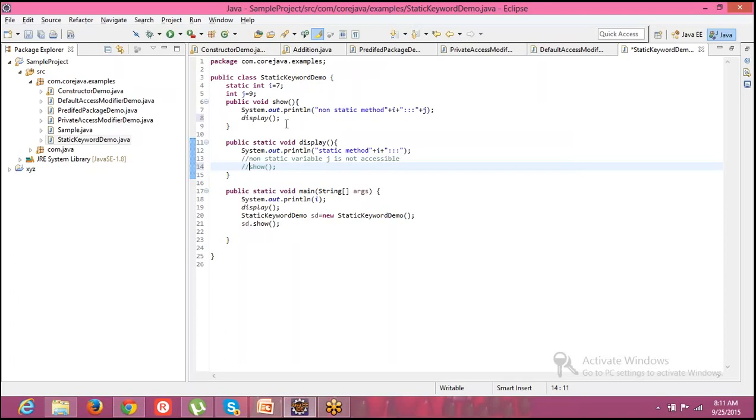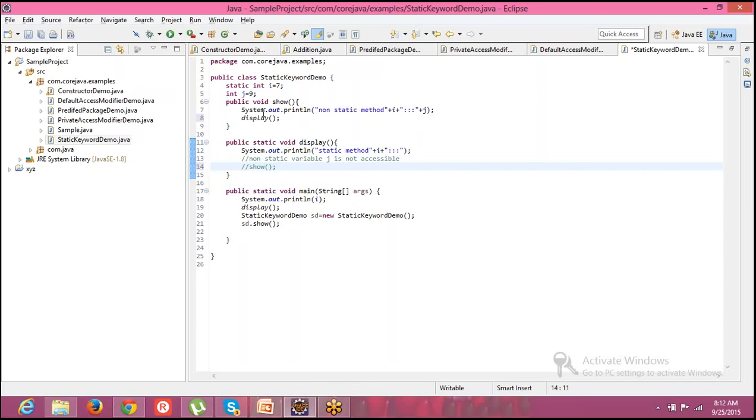Okay. You got my point, right? Yes, yes. Okay. So that means it doesn't mean we cannot call this an instance method. We can very well call this an instance method. The reason being, it is dependent on an object of this particular class. Object is nothing but an instance of the class.